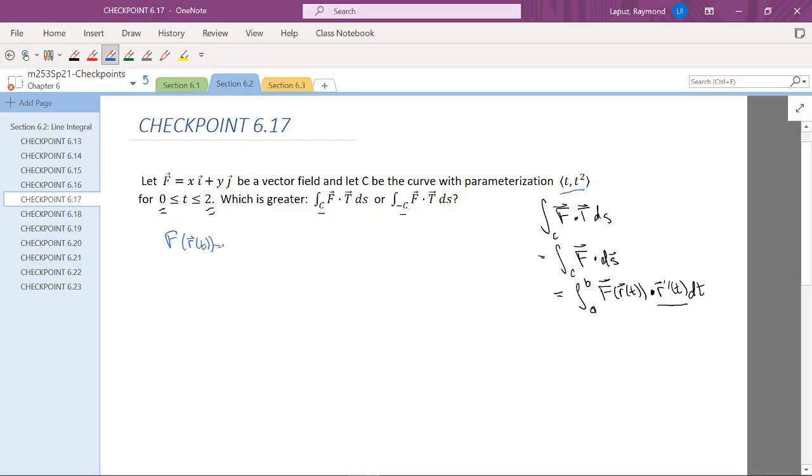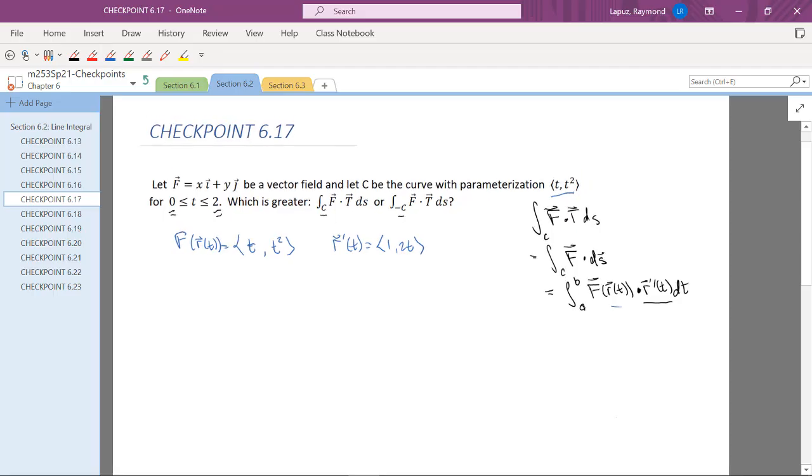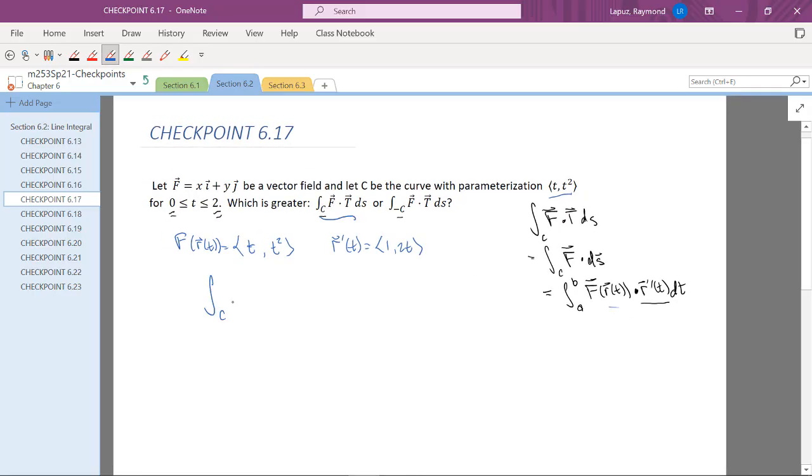evaluated at r of t, which is going to be a vector. We put t in for x and t squared in for y, so that's that. And we need the derivative, and that's going to be 1 comma 2t, and we're going to take the dot product and integrate from 0 to 2. So our first integral going along the curve is going to be the integral from a to b, or in this case from 0 to 2, and we're going to take the dot product of t comma t squared, dot that with 1 comma 2t dt,